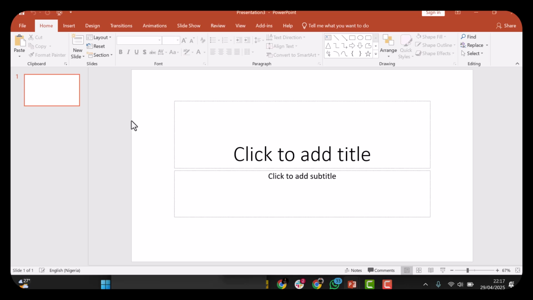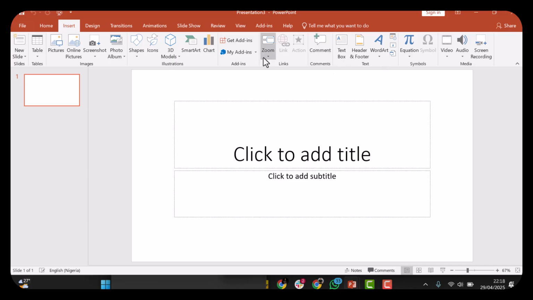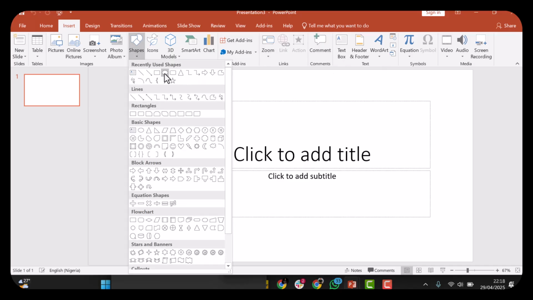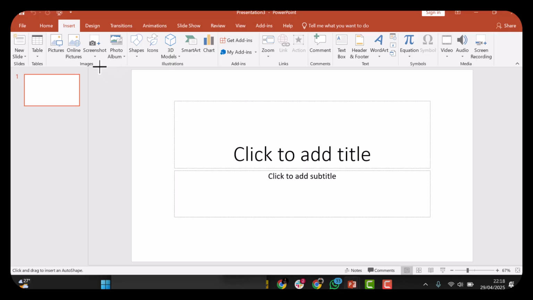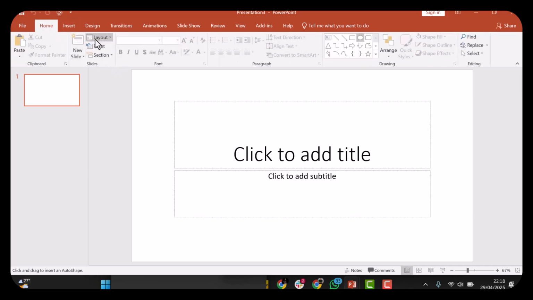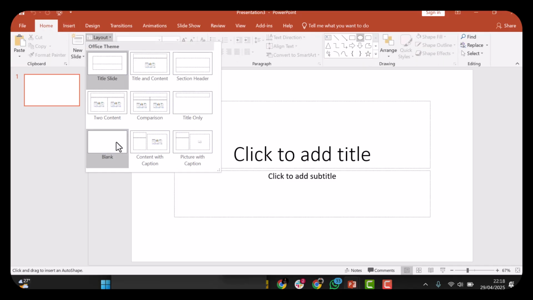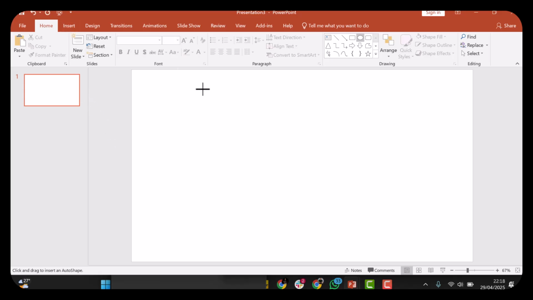Open your PowerPoint presentation and insert a circle from your shapes. Select circle, but before then, go to your home, go to your layout and make a blank layout. Then insert a circle